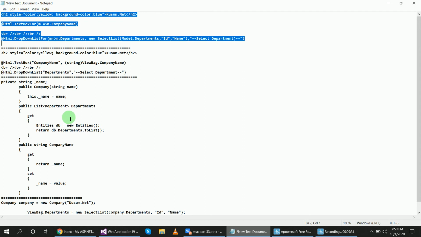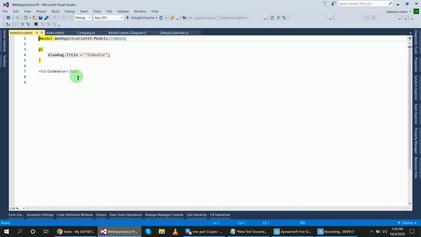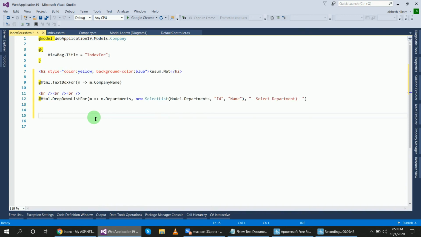So this is my For control and I will paste here. Okay, this is TextBoxFor and this is DropDownListFor, and I have used this lambda expression here.